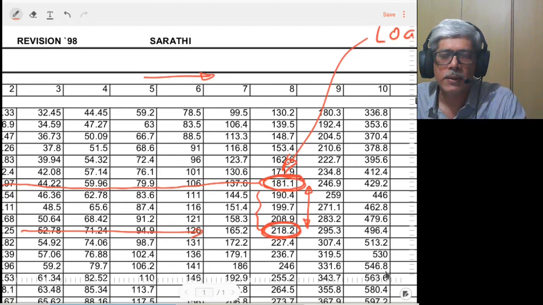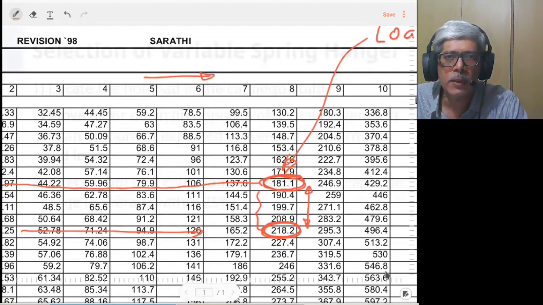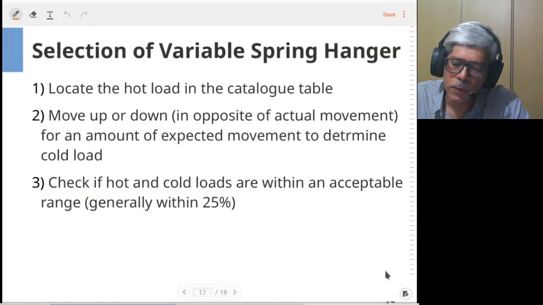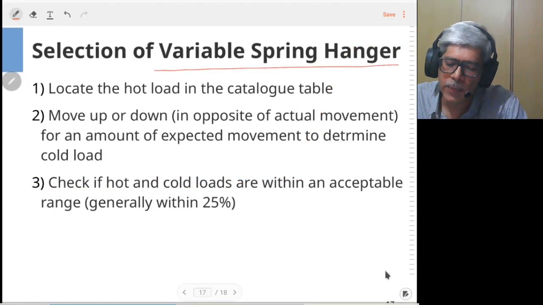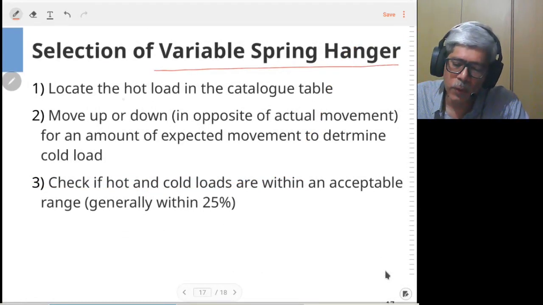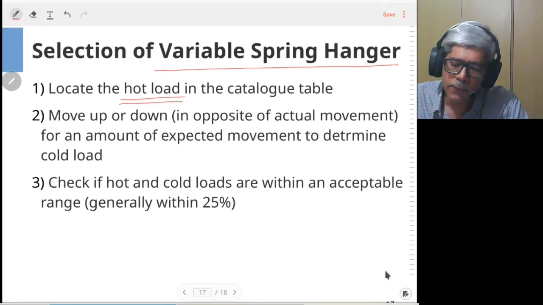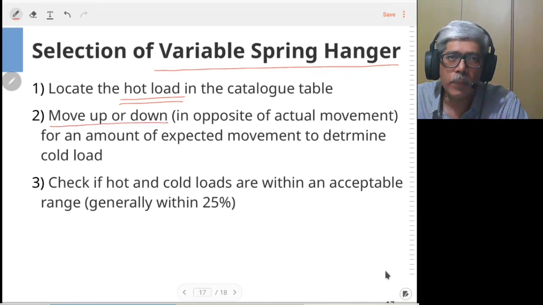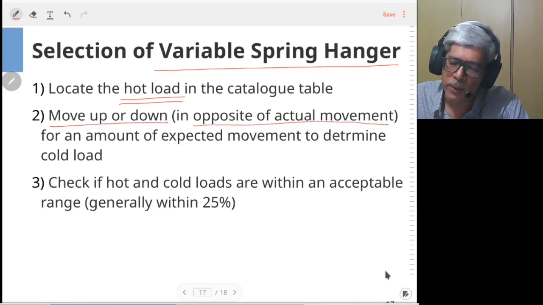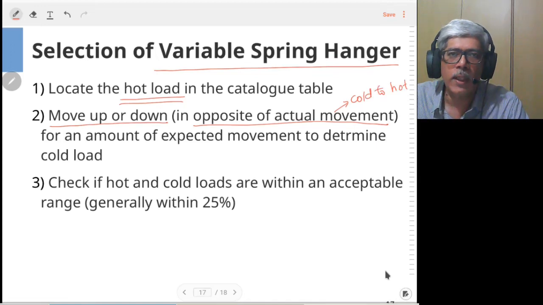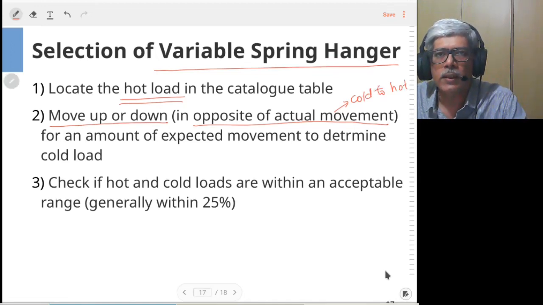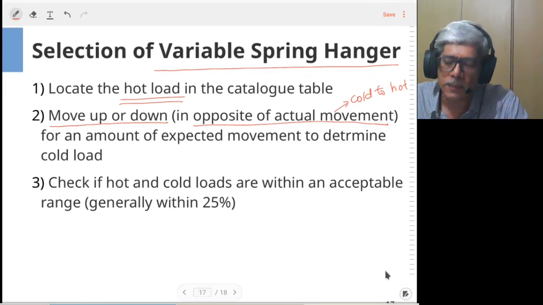So let's see this procedure in slide form and then we'll proceed to a calculation. The procedure we just saw for selection of a variable spring hanger is: first, locate the hot load in the catalog table. Second, move either up or down, opposite to the actual movement, which is from cold to hot. If cold to hot is in the upward direction, in the catalog you have to move in the downward direction. If cold to hot is in the downward direction, then we have to move in the upward direction.